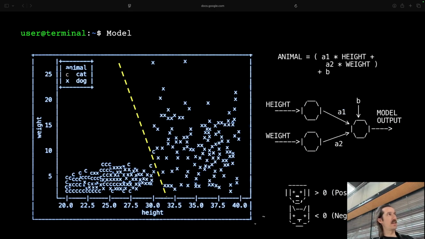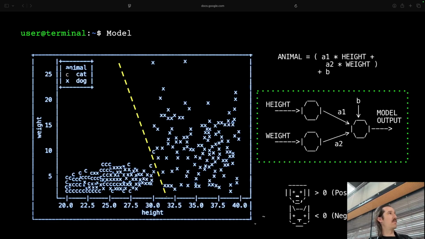To visualize this, basically it would look like this. And maybe now we come back to the graph in the beginning, where you now suddenly see these neurons, or these circles, because basically every parameter is represented as a neuron in our graph there. So we can see we have height and weight input. They are the two A's, they meet together at the B, or the center neuron, and then this one will spit out the result, if it's positive or negative, or if it's a dog or a cat.